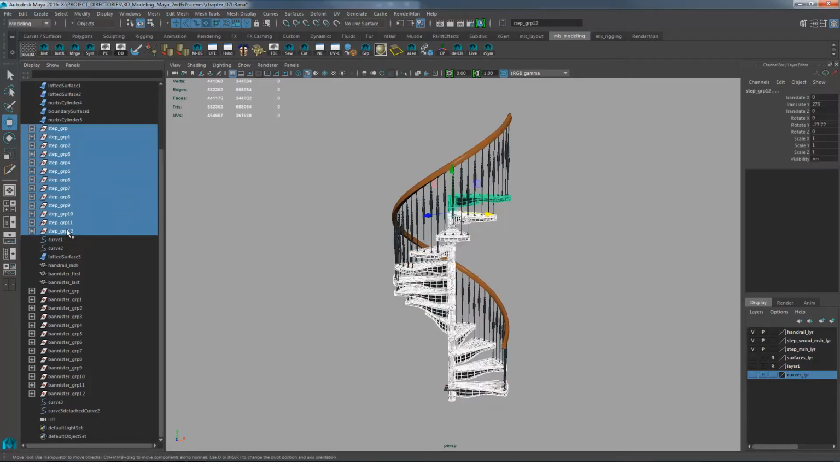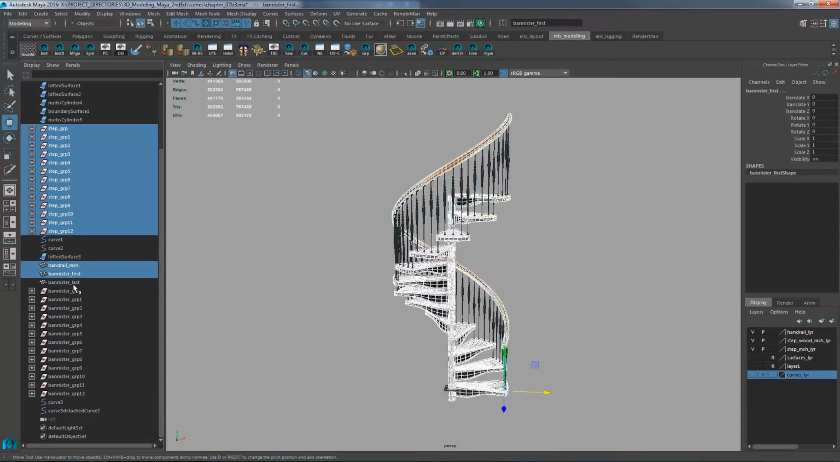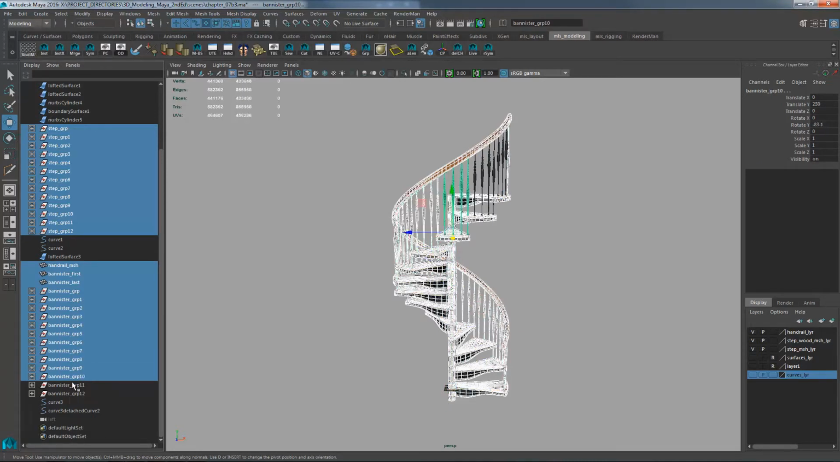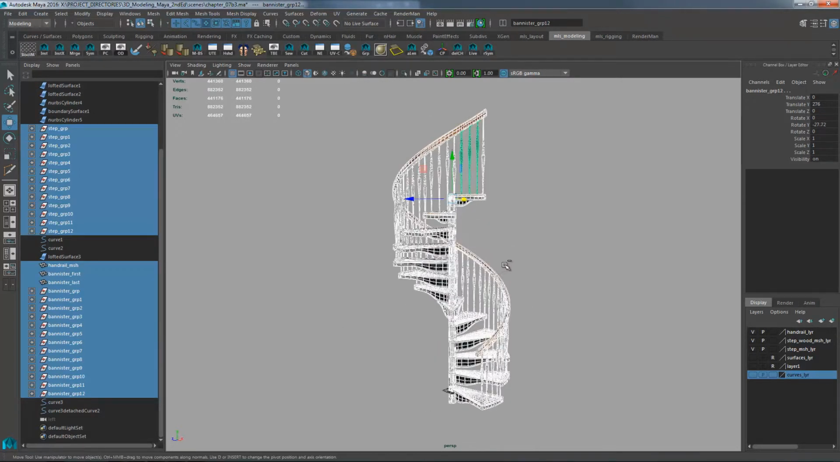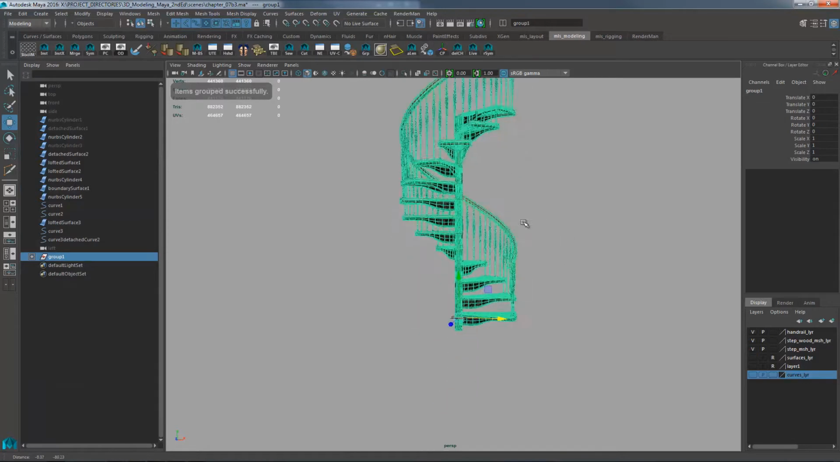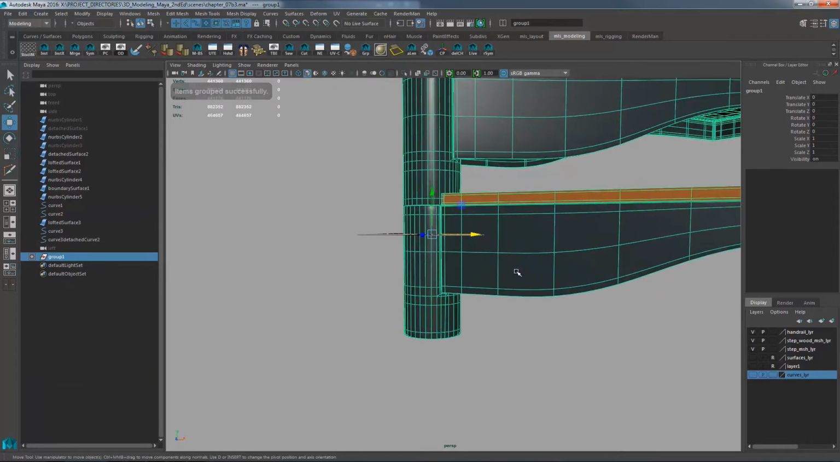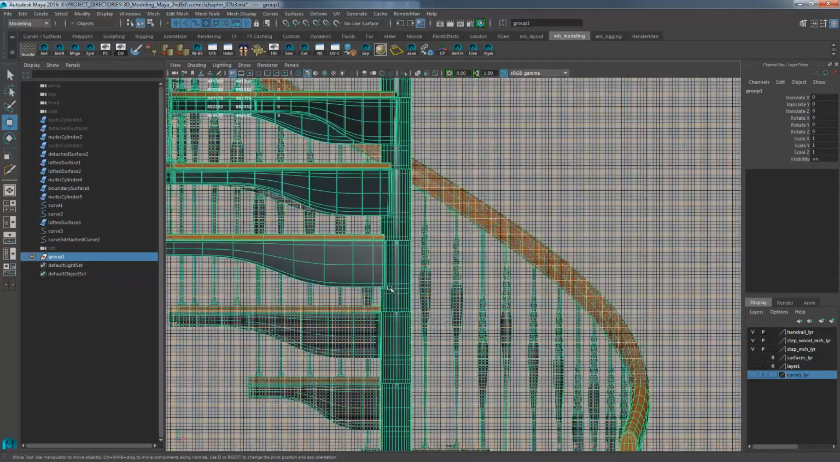We can select all of the steps groups, the handrail, the banisters, the banister first and last, and then all of the banisters. With that all selected, you can group it. And that will go to the origin. And now we can set that, if we go to the front view,